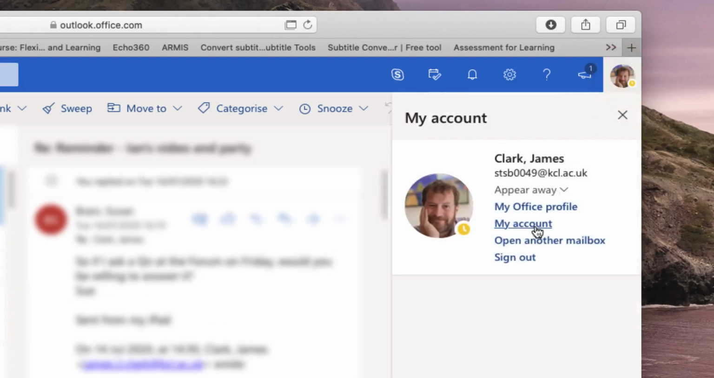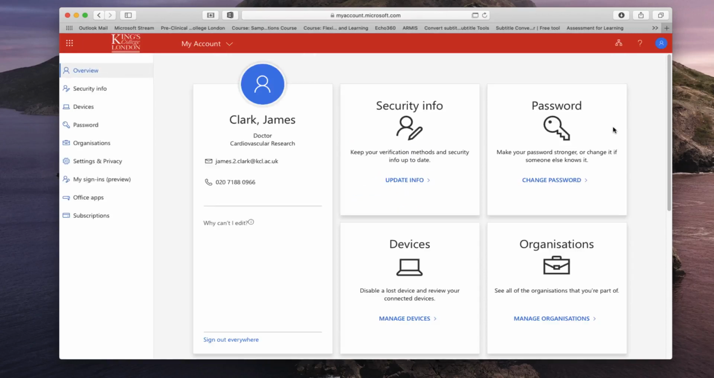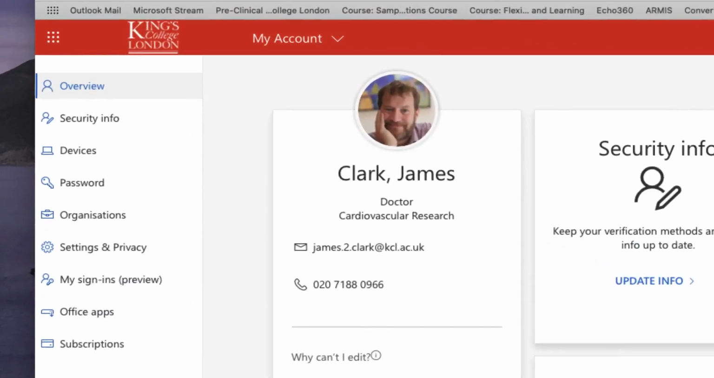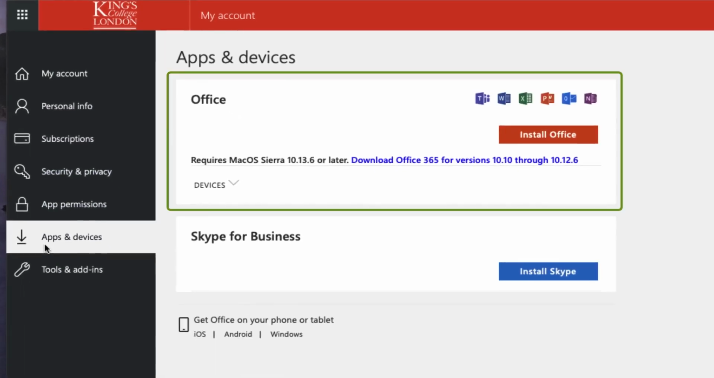If you click on the bit underneath that says My Account, it'll then take you to a newer page which indicates all the details about your account, including your email address, phone number, etc. Down on the left hand side you have a menu, and towards the bottom you'll see the menu item that says Office Apps. If you click on this, you will then have the option to install Office 365 on your